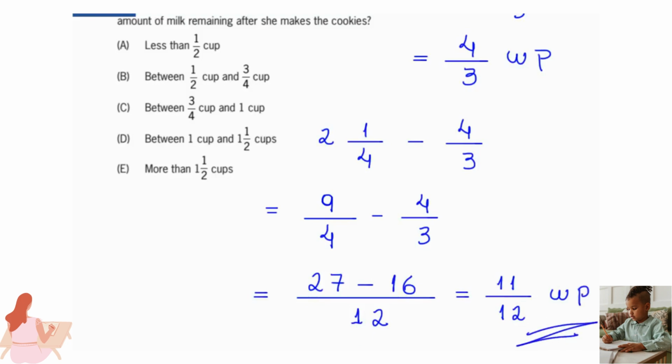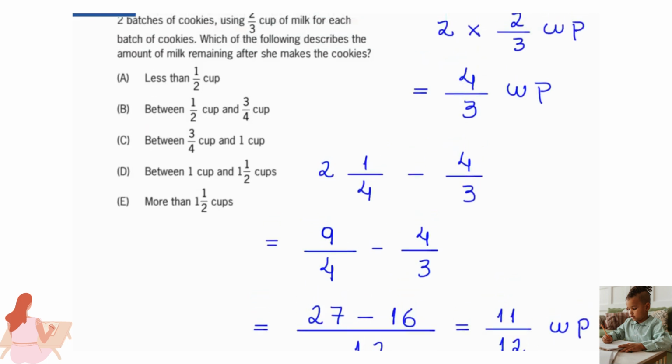Great. Note that we have to find the correct answer. And I tell you that the correct answer is the letter C. Why is that? Note that this value, 11 divided by 12 cups, is in fact between 3 divided by 4 cups and 1 cup. Why? Because 3 divided by 4